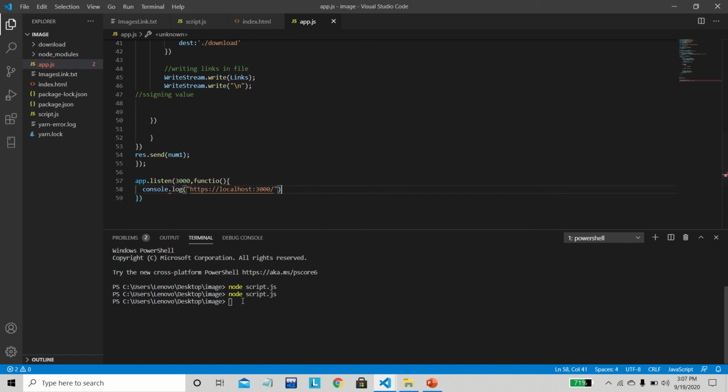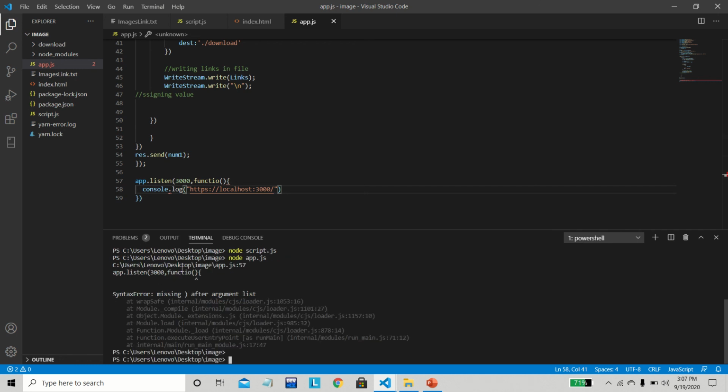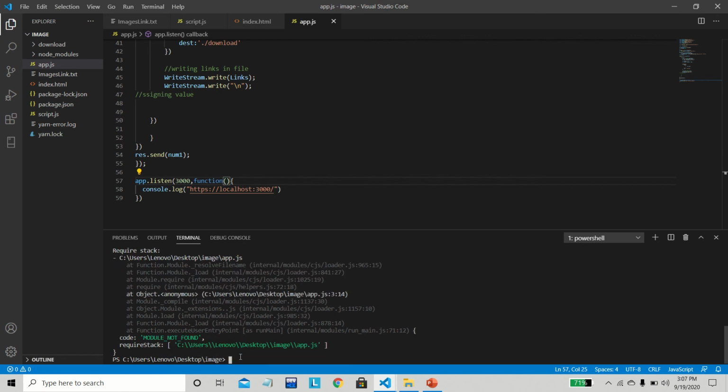So I will run node app.js. Okay, I have not written function. It should be function, so that's why it was showing an error. Now it should run perfectly fine, I guess. No, there is another error: module not found, app.js.